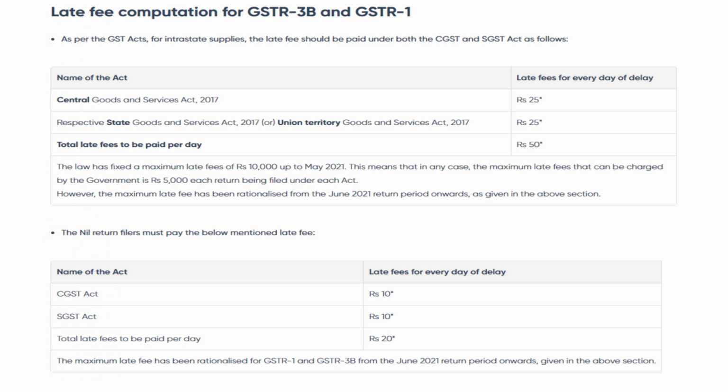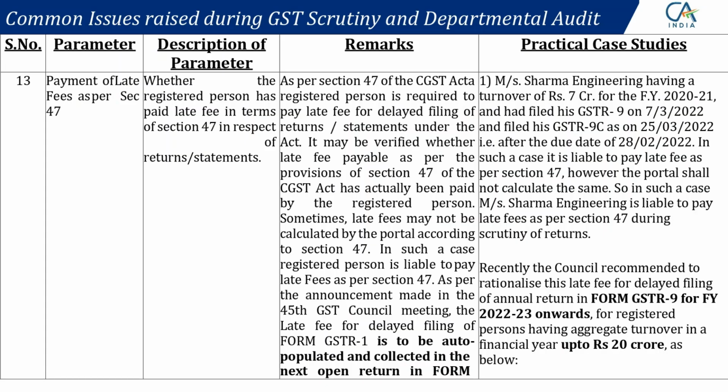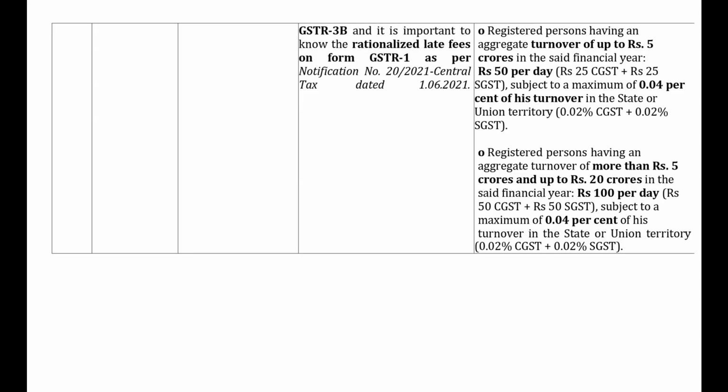मैं 8 दिन 10 दिन जो बोल रहा था, और ये नील रिटर्न के लिए 10-10। वी शुड बी अवेयर ऑफ दिस सब्सिडाइजेशन ऑफ लेट फीस फॉर द एसएससीज। ये कब से स्टार्ट हुए? 2021 से। नील रिटर्न का क्या है, मैक्सिमम लेट फी कितना हो सकता है? 10 करके मैक्सिमम कैन गो अप टू 500 फॉर नील रिटर्न। अदर देन नील रिटर्न 1.5 करोड़ तक का टर्नओवर अगर है, एनुअल एग्रीगेट टर्नओवर ऑफ द लास्ट ईयर, तो आपका मैक्सिमम लेट फी कितना है? 1000 सीजीएसटी एजीएसटी 2000। अगर बड़े है उसका आपका 5000 है, मोर देन 5 crores है तो 10,000 ऐसे करके।